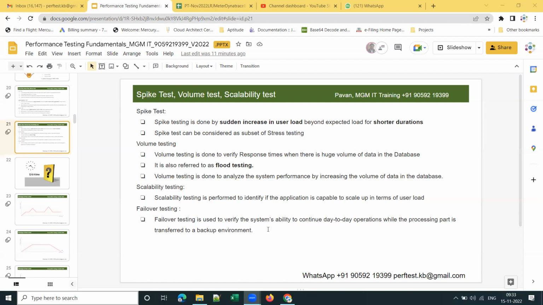So they will have a backup environment in some other city, right? So now, how is this failover testing done is,